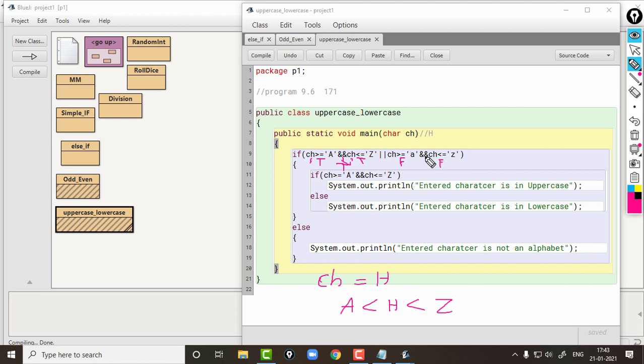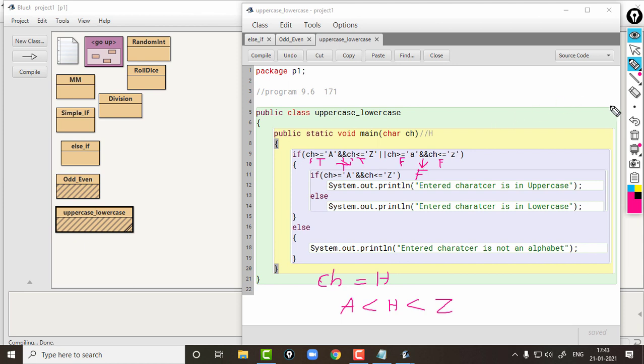So what will happen when a logical AND operator, here this one is the logical AND operator, has two false results? This logical AND operator will give false, isn't it? So the result of this one will be false.